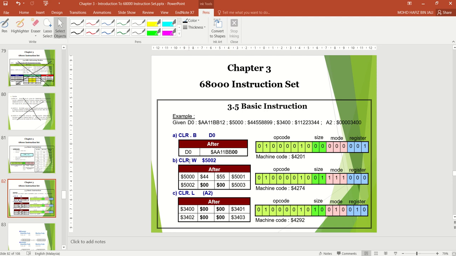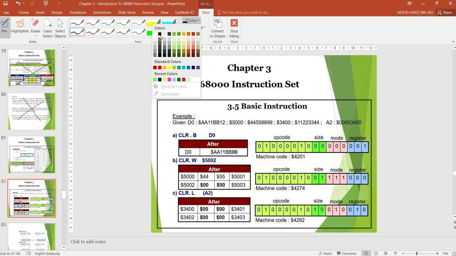Okay, clear the word content inside 5002. 5002 is this one. So 5002 is 8899.